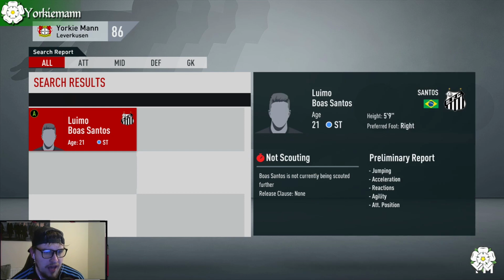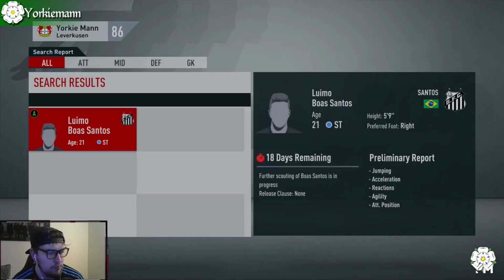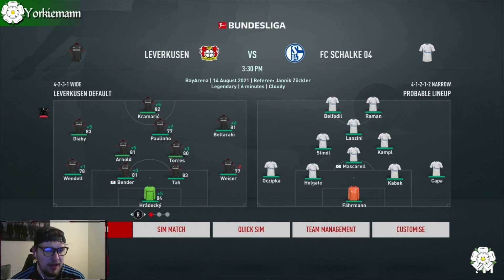That's just fantastic. So we will scout Lumo Boas Santos as well, a player we've had recommended. I'm happy to sign some more Brazilians. We are kind of looking for a striker as well, to be fair. So give him a cheeky scout, 18 days, and we'll see what he looks like. Well, before we find out about that Isco deal, we are going to play the first game of the season